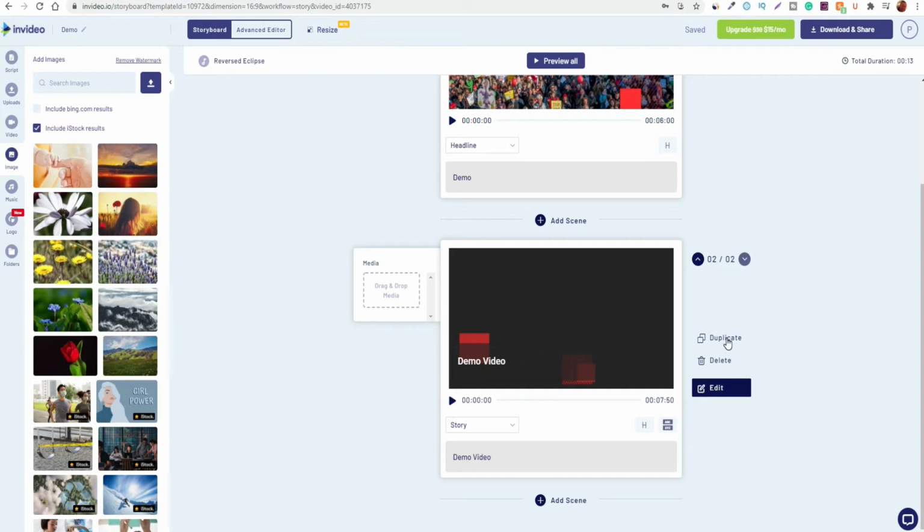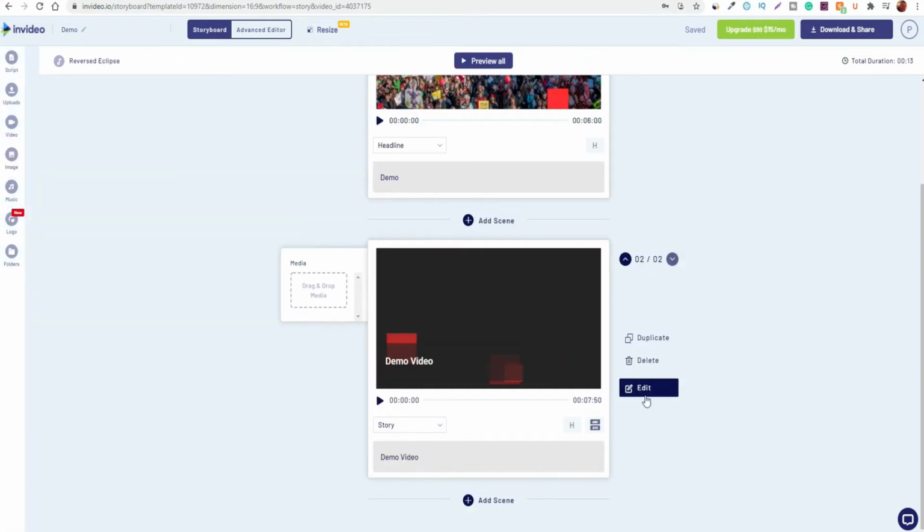So you can duplicate scenes, you can delete them, you can edit specific features of them if you want to. As you can see, this one here is the headline. So this will be the start of the video and this one is the story element of it. When you want to edit any features on any of these scenes, you can just click on the edit